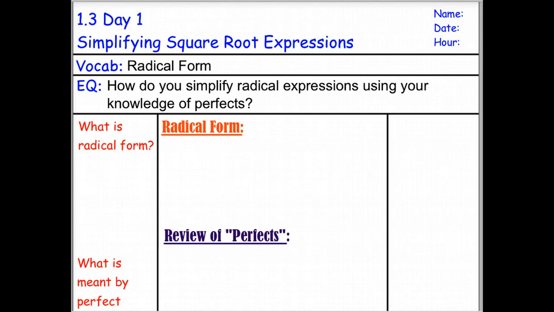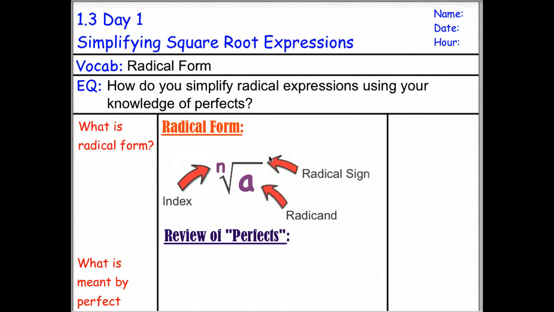Now that we've had a chance to work some more with properties of exponents, we're going to go the opposite direction for the next 4 days, working with square root expressions. And for those of you who are wondering why we did 1-5 before 1-3, simply because 1-3 is a little bit more challenging than 1-5, so we figured we'd give you a comfort base before we got into more challenging work. We dealt with exponential form, and now we're going to talk about radical form, which is where you